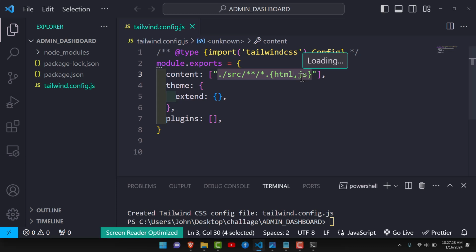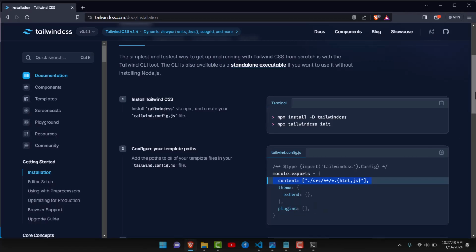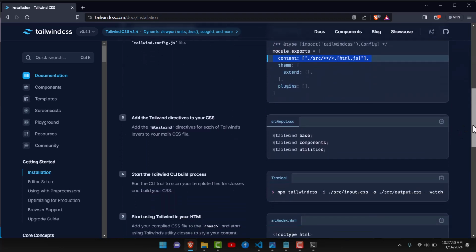For now we don't have that yet, but we'll be creating it. So it will be going to this HTML markup, scanning all the Tailwind classes that will be lying there, creating an output file, and that output file will be used to style our website. So that being said, therefore, we can move on to the next step, that is the third step,